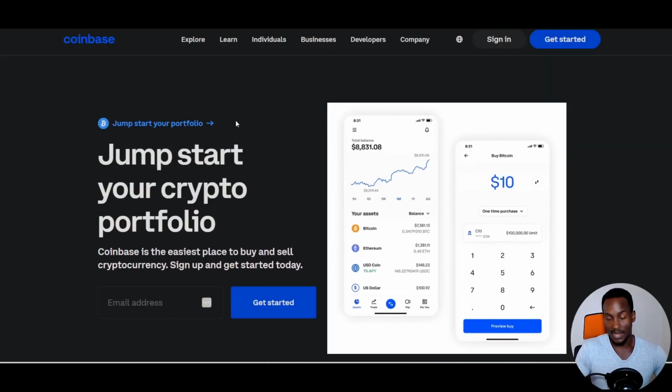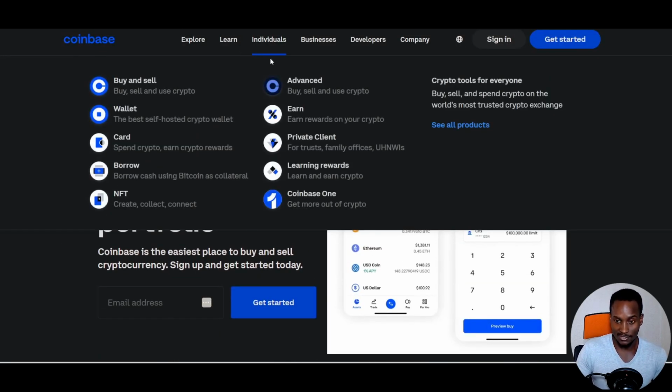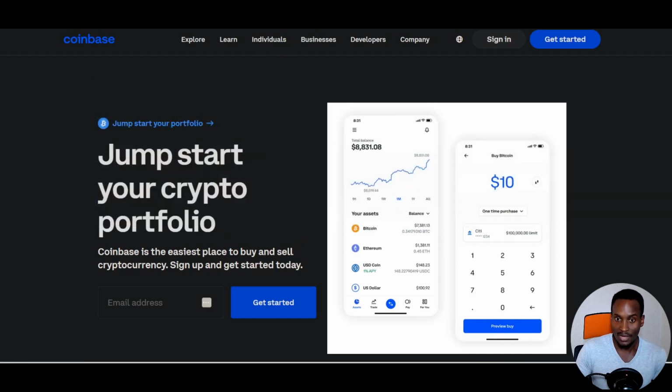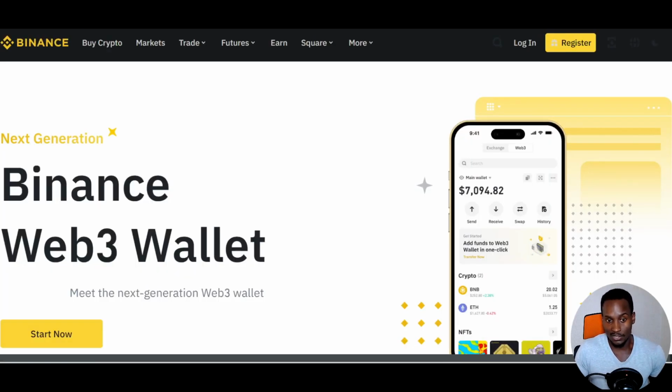Coinbase is one of the other most popular global exchanges out there where that kind of trading occurs. Now, sometimes these exchanges have their own wallet. Like Binance has its own wallet. It's not the most popular Web3 wallet, but it exists. So they do have a Web3 wallet